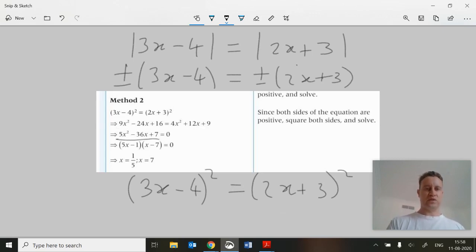You can bring everything to one side. Maybe you can factorize, or maybe you have to use the formula, or completing the square if you like. And you get your two answers. And then of course you still need to check the two answers, because